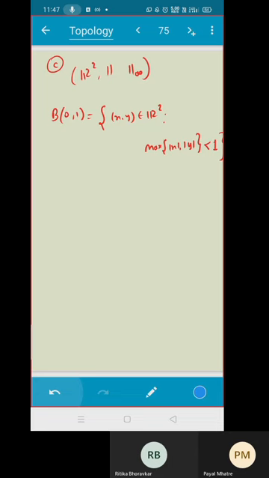Sir, how do we take the maximum of... Try to think, if your x is positive and y is negative, what are the different values they can have? X and y are real numbers, right? We are taking the maximum of mod x comma mod y. This is mod x comma mod y, with a comma in between.